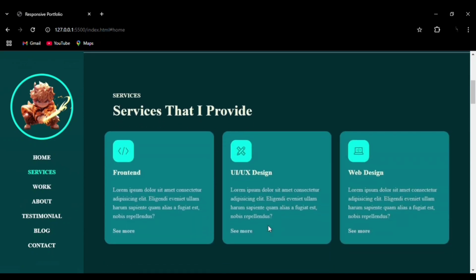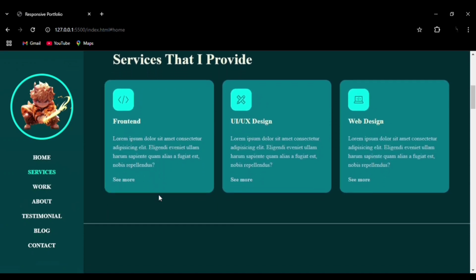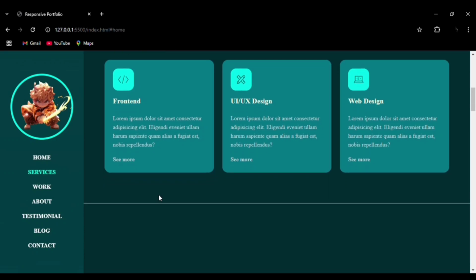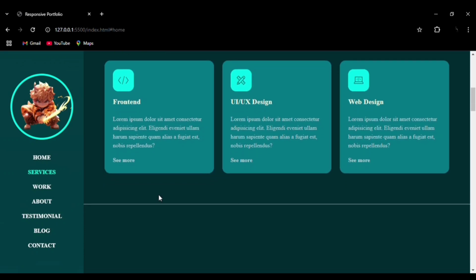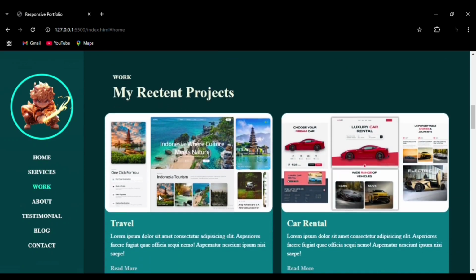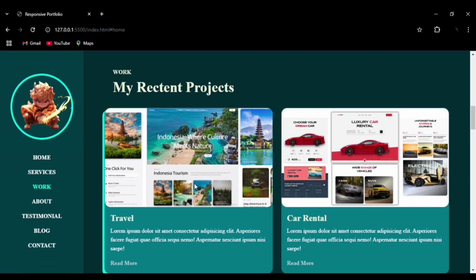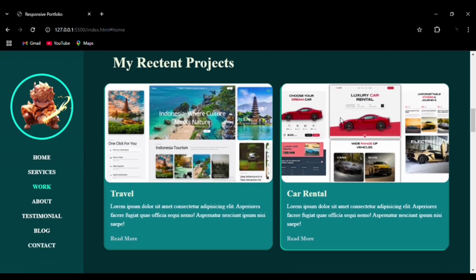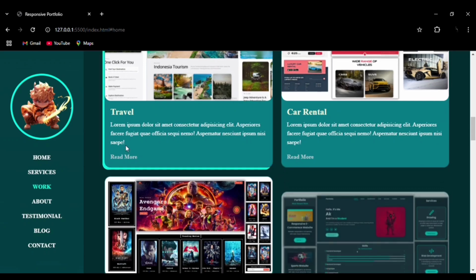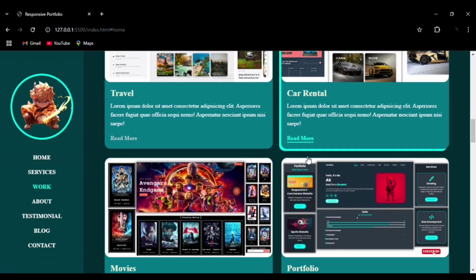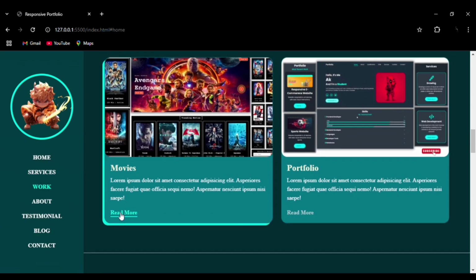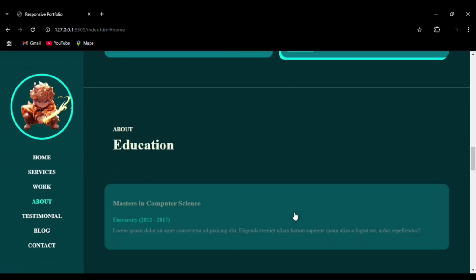We can see the service section, and we have integrated the icons here. Whenever you hover onto them, you can see the box shadow effect, a 3D box effect. While we are moving from one section to another, the color is automatically changing in the left side nav bar, and you can see the hover effect on the image. We also have the read more button. You can see how neatly they have all been aligned, and this is the education section,